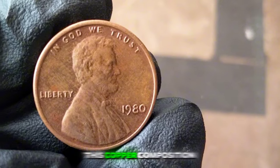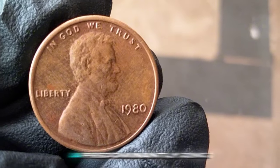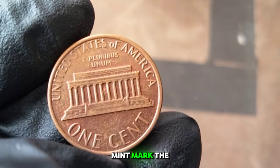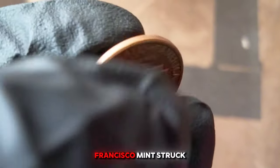This copper composition was standard until 1982, when the U.S. Mint transitioned to a predominantly zinc composition due to rising copper prices. The 1980 penny was minted at 3 locations: Philadelphia No Mint Mark, Denver D Mint Mark, and San Francisco S Mint Mark. The Philadelphia and Denver mints produced the regular circulation coins, while the San Francisco Mint struck proof coins